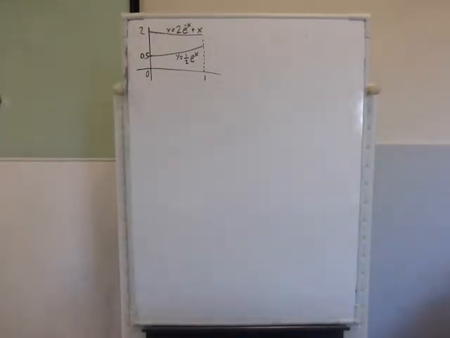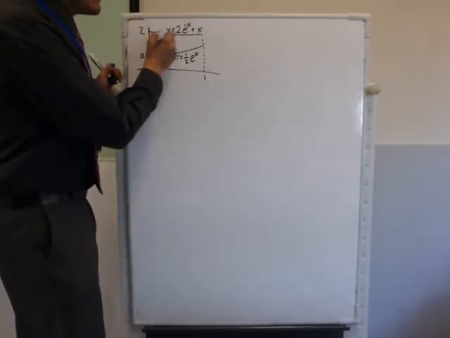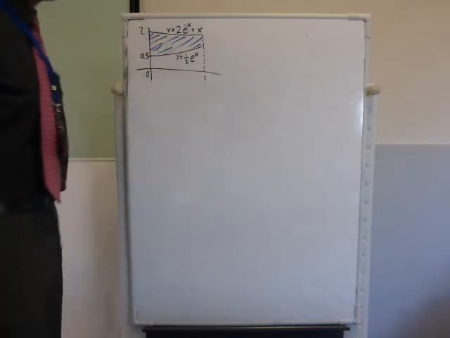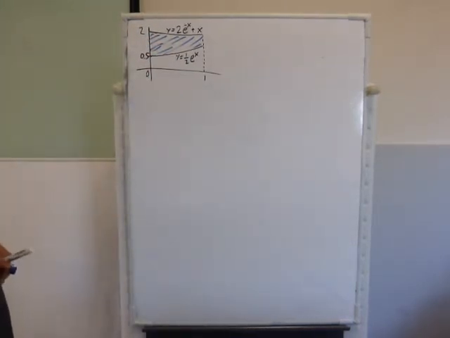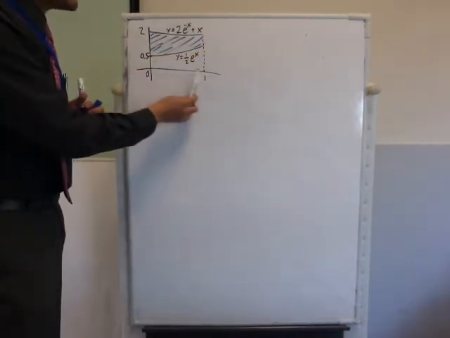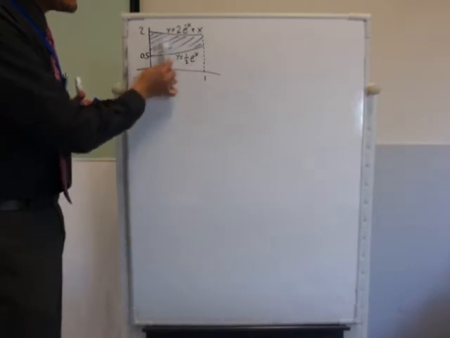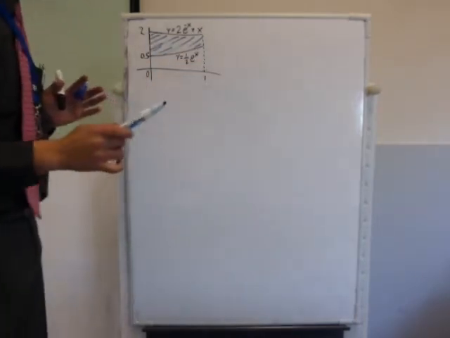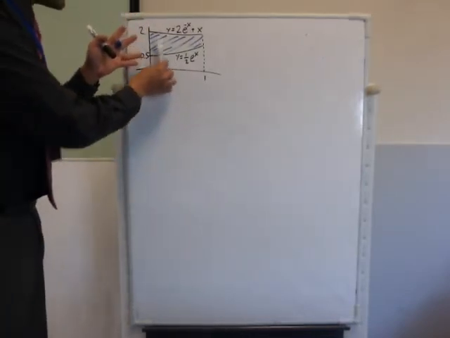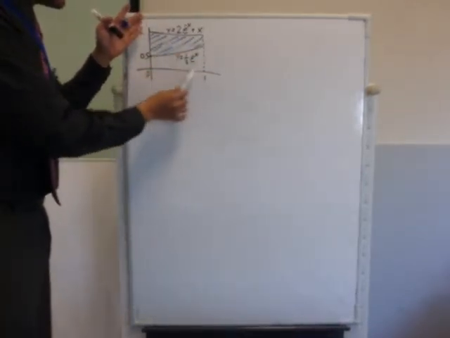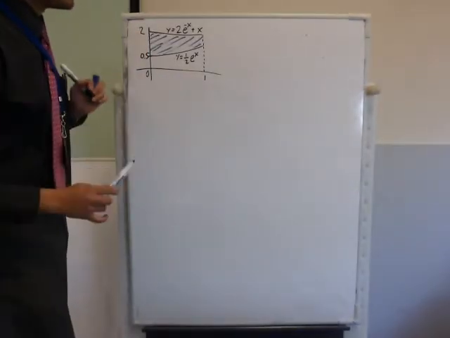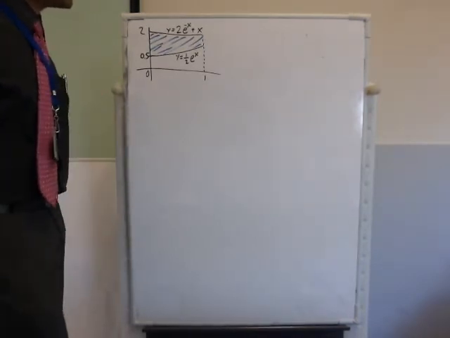Now, the assignment here is to get the area between those two curves. So the way we do that is just with integrals. I think you already know that if we get the integral of this equation from 0 to 1, you will get this whole area, which is good, but not good enough, because we just want this part between the two curves. So we need to get the area under the curve, the whole thing, and then we need to subtract what? The area for this second equation. So we're actually doing a difference of two